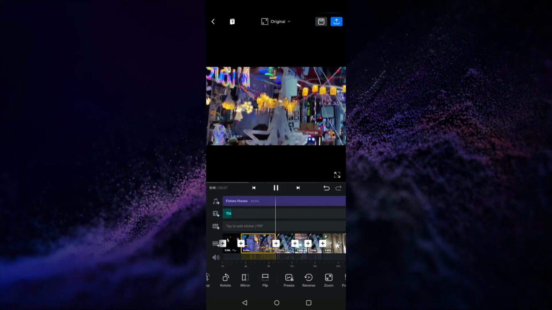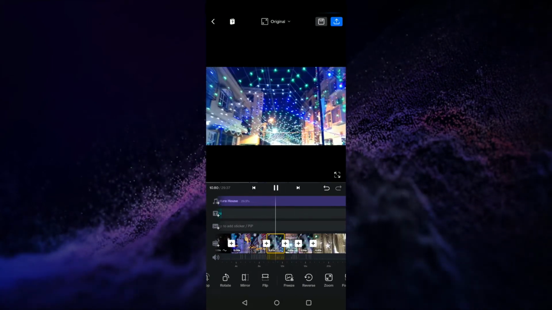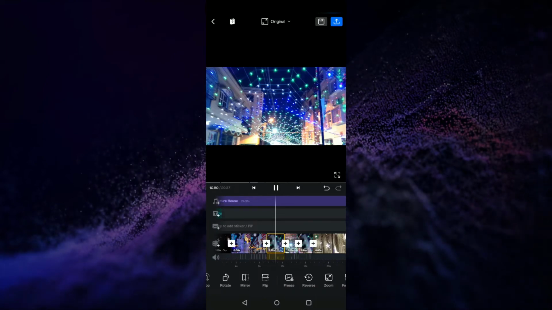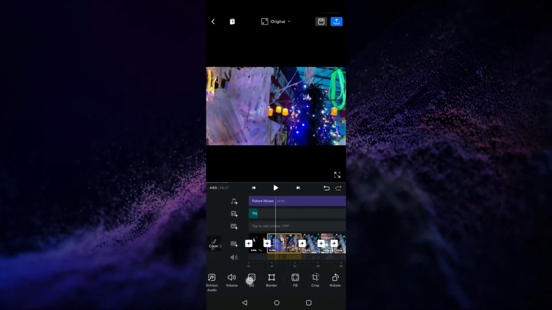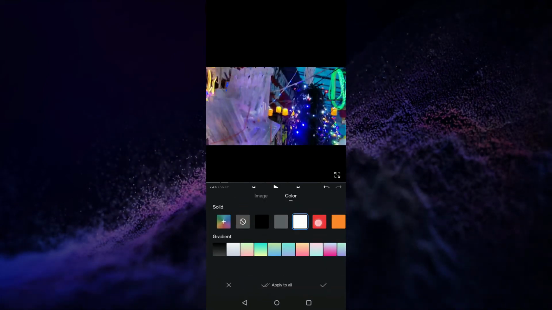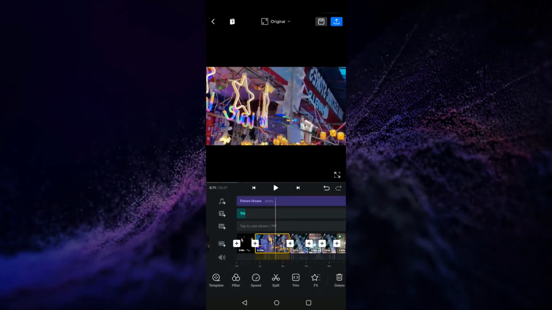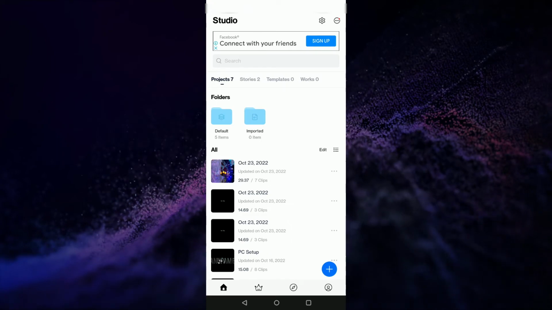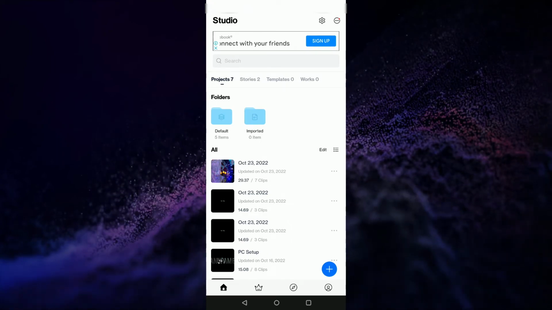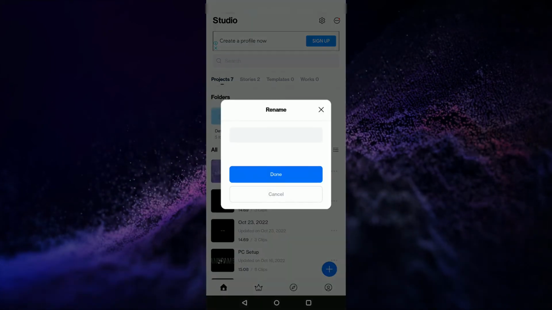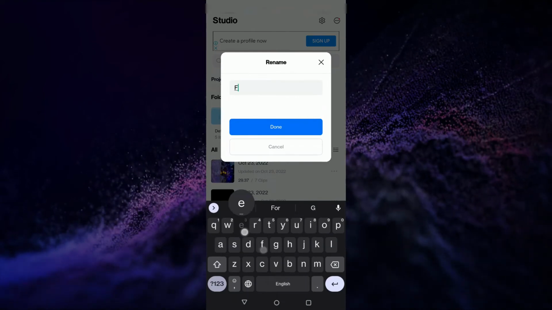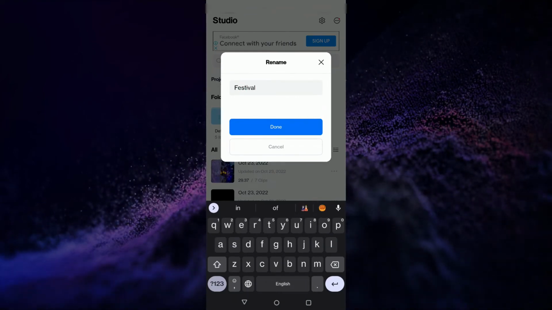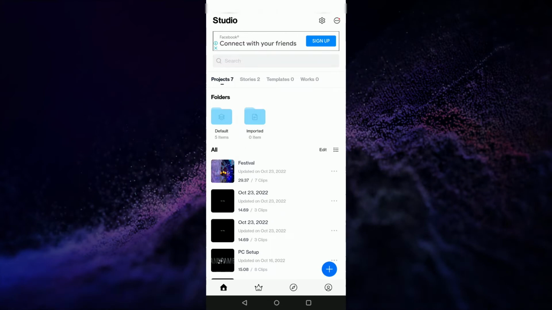So I'm just going to reverse this section, and you can see it just got the other way around. You can add background colors or fill effects. And once you're done with your editing, you can save your project into one of the folders that you have been working on previously, or maybe create a new folder and rename your project to the one which you think is appropriate for your title. Now, once we are done with that, we can go ahead and export this project.